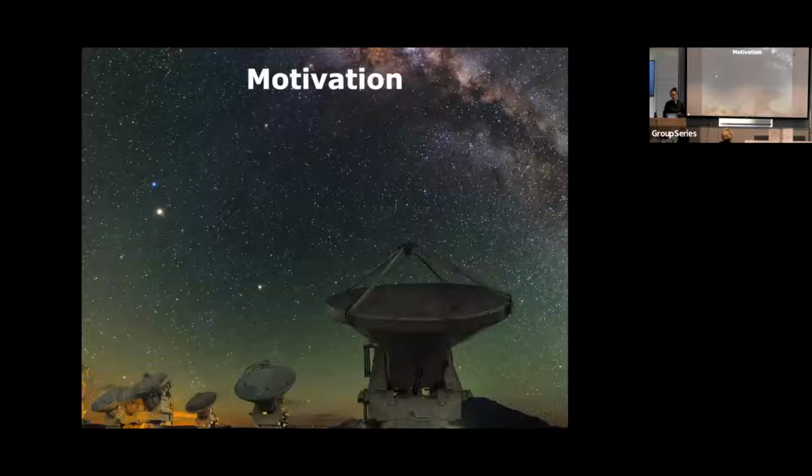We know statistically, from exoplanet search missions like Kepler and TESS, that every star has at least one planet around it. There are at least 400 billion stars in our galaxy, and about 400 billion galaxies in the universe. If you put these things together, it tells us that there are at least 10 to the 23 exoplanets in the universe. It's an awful lot of exoplanets to study.